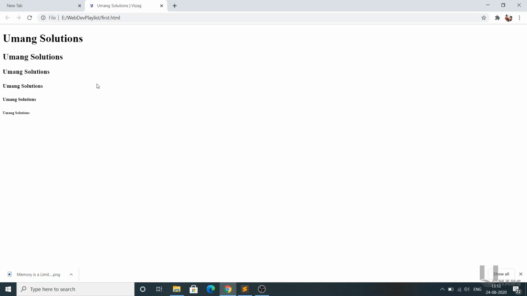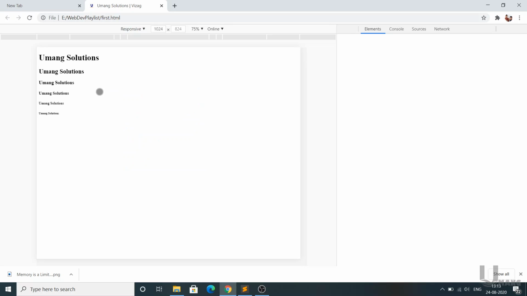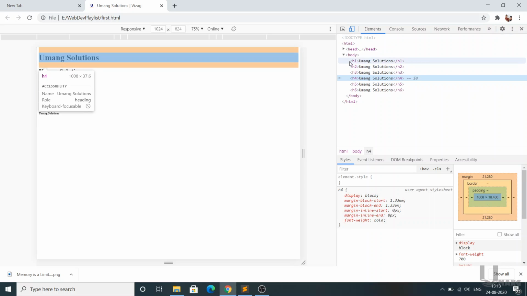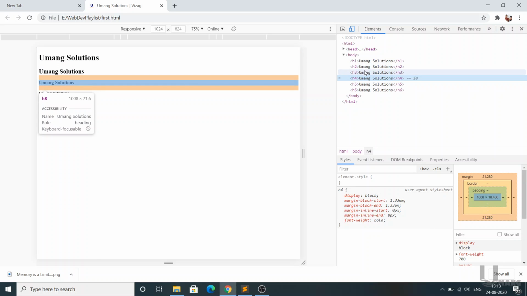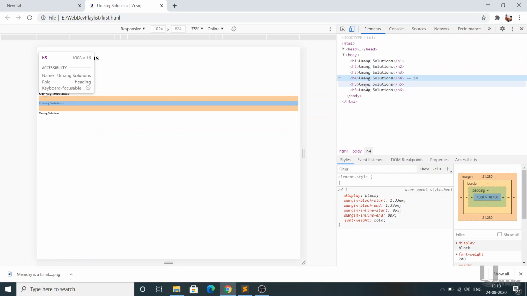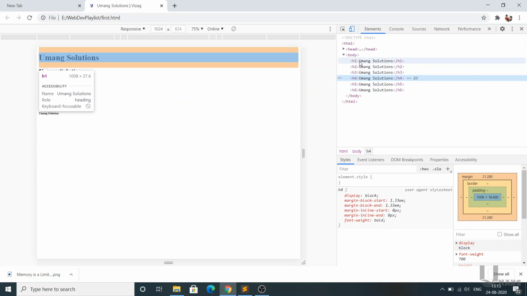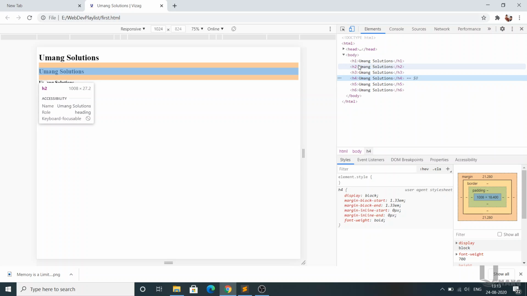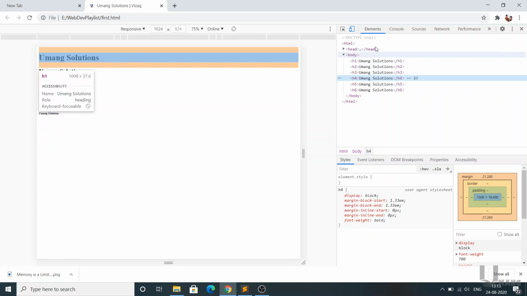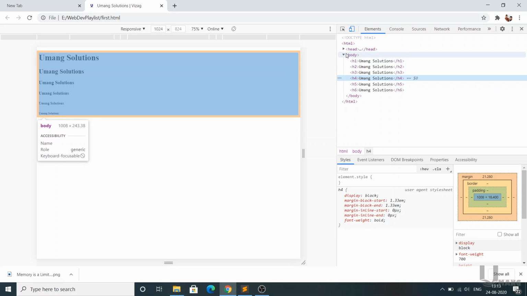In Chrome there is another option: you can check directly from here by clicking the inspect button. This is the code which we have written. Inspect works on any site. If you like any site and want to view the code which was written, you can directly click on inspect and check it.